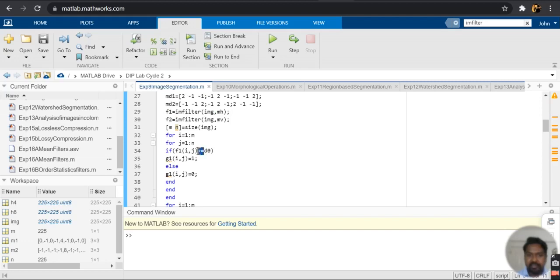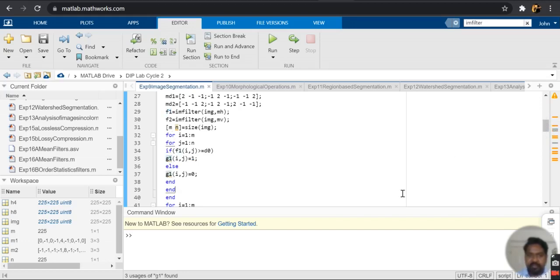Any value that is greater than the threshold, we set in a new variable g1 at the same index to the value 1. If this is false, which means that a particular value in f1 is less than the threshold value, we assign the value 0. So the threshold creates a final image g1 which has either the value 0 or 1, depending on the threshold. So we have two outputs, one is f1 and the other is g1.